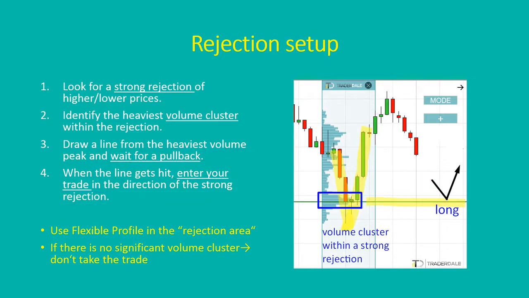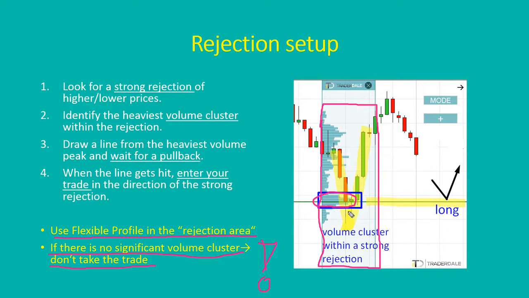Alright? You use the flexible profile on the rejection area. So as in the picture, this is the rejection area. This is where you use the volume profile. You are interested only in the volumes within the rejection. And the very important thing here is if there is no significant volume cluster within the rejection, then you don't take the trade. So if you don't see anything like this, if you don't see any significant volume cluster, then